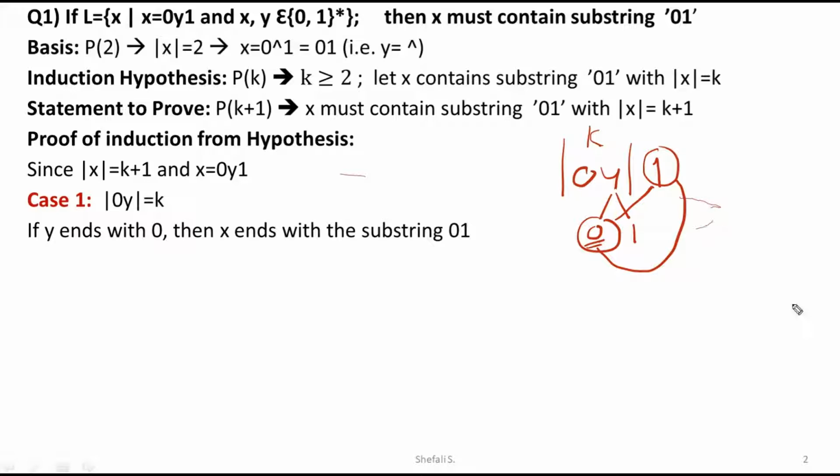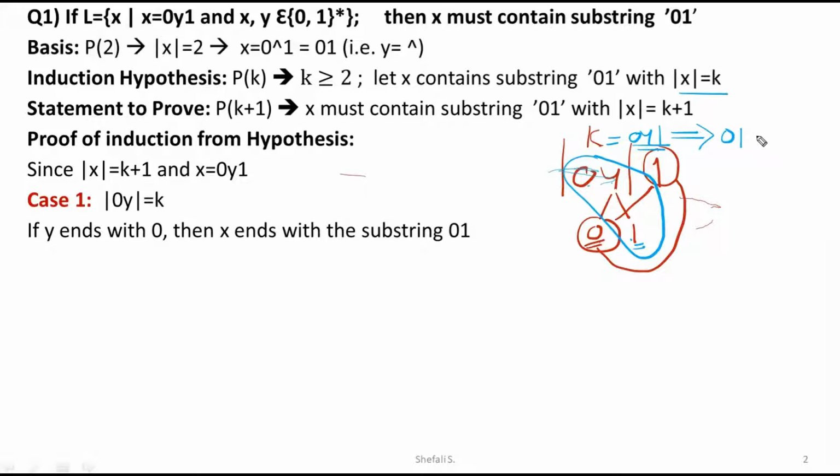So it is containing substring 0, 1. Instead, if I say the second situation is there, that the string y is ending with 1, then it is having the form of 0, y1 or y dash 1, where 0, y1 is the format and having the size k, the string which we already declared in the hypothesis, and that hypothesis claims that this string also contains substring 0, 1.